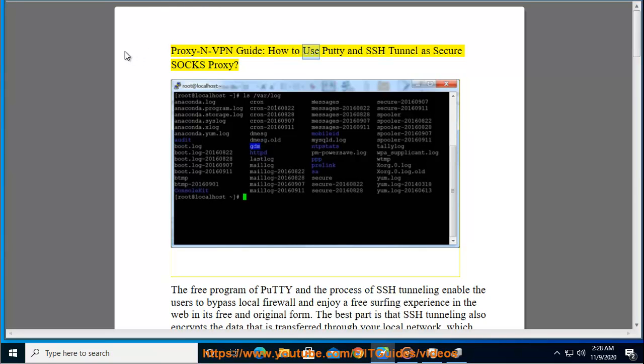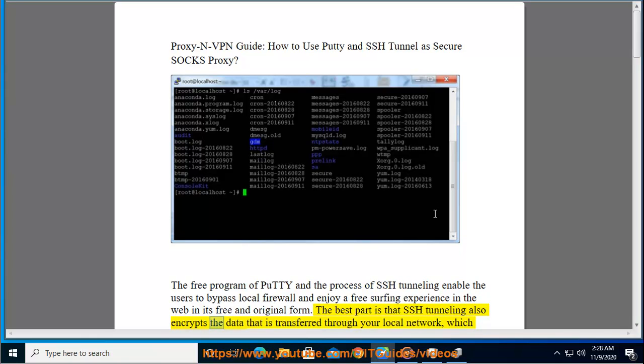Proxy-N-VPN Guide: How to use Putty and SSH Tunnel as a Secure SOCKS Proxy. The free program Putty and the process of SSH tunneling enable users to bypass a local firewall and enjoy a free surfing experience on the web in its free and original form. The best part is that SSH tunneling also encrypts the data that is transferred through your local network, which prevents